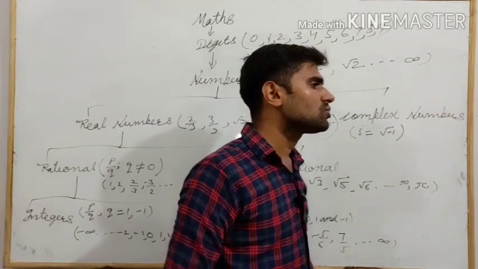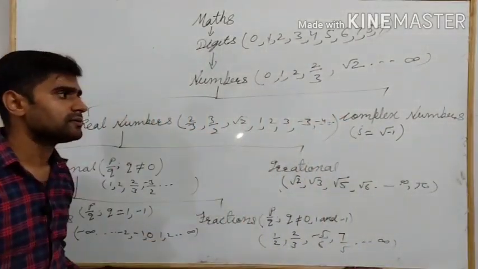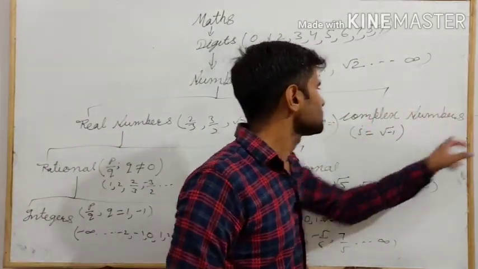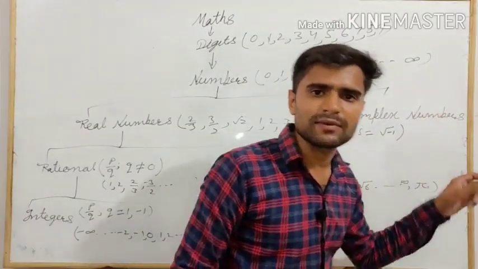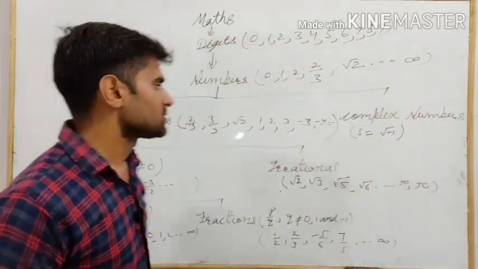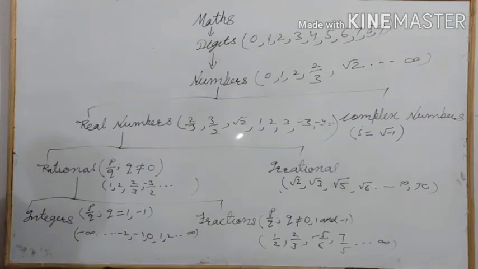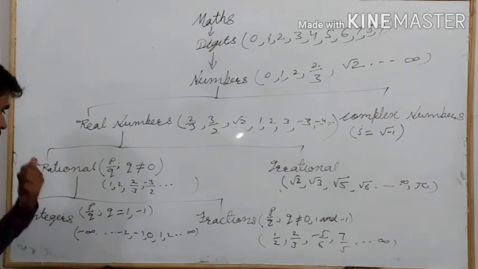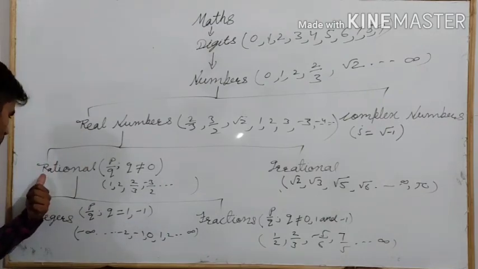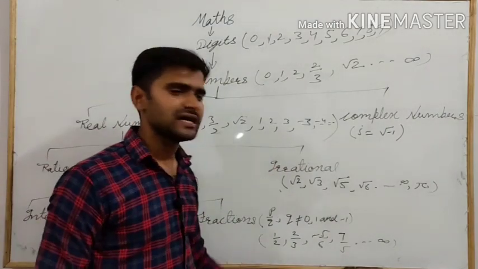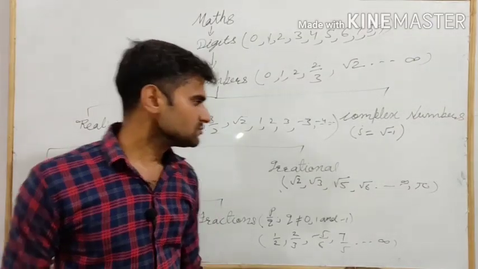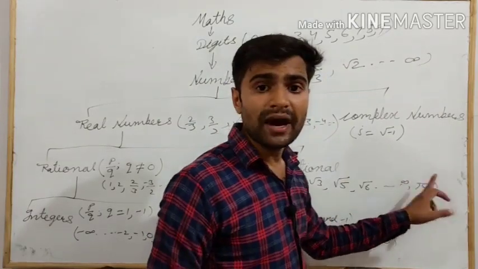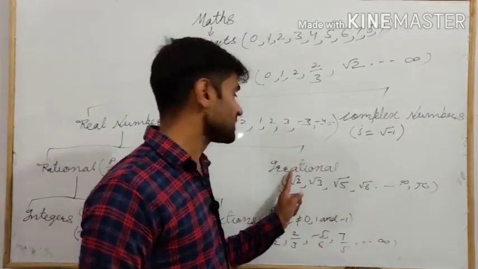whose value is under root minus 1. Complex numbers or imaginary numbers are not in our syllabus. These are our next classes' syllabus, like 11th and 12th. Now our topic is real number, which is 10th class, first chapter. Real numbers have two types: rational and irrational number. In competitive exams, this is the most asked question. Pi is always an irrational number.